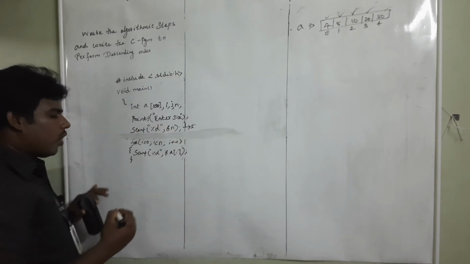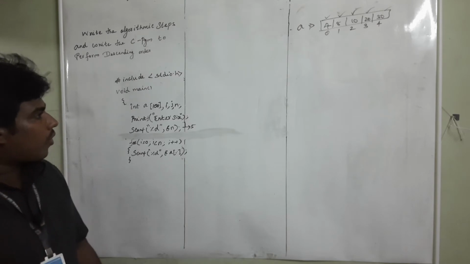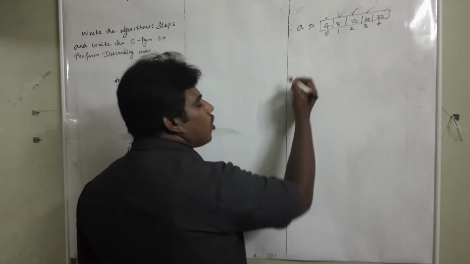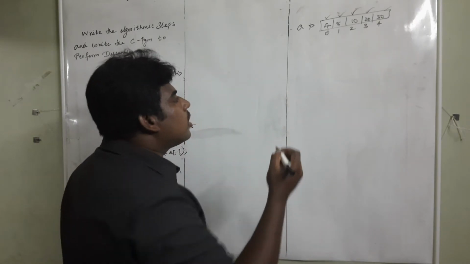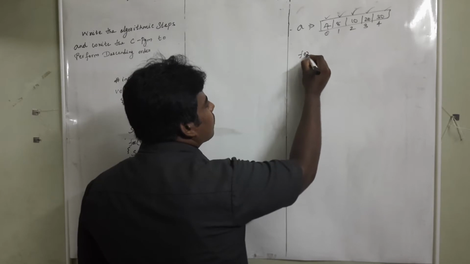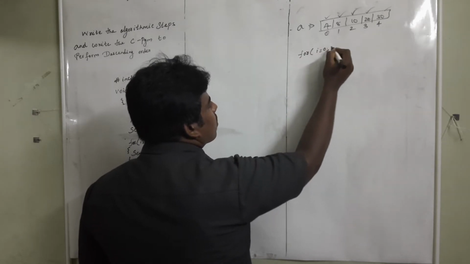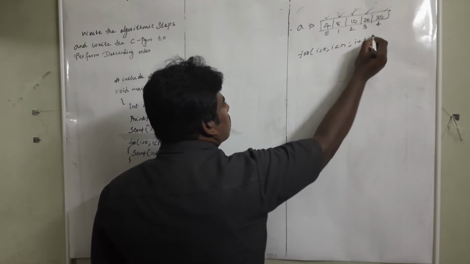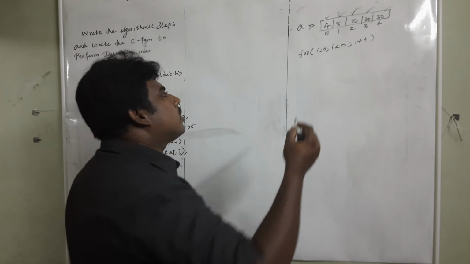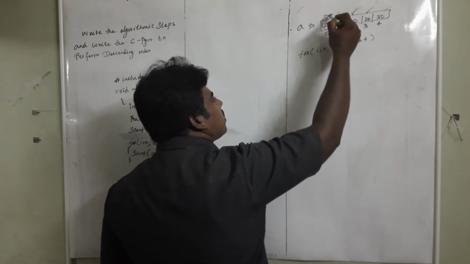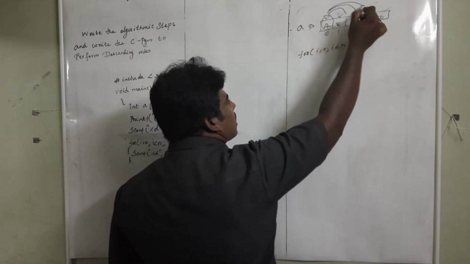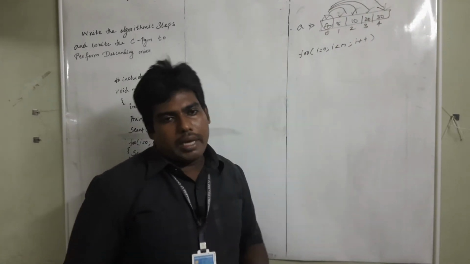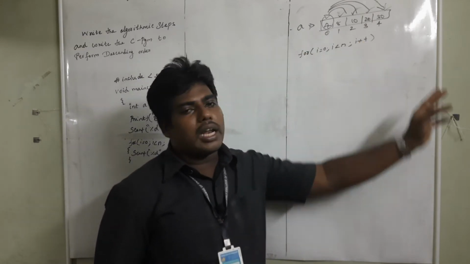Okay. Now you are going to perform a logic. Now I will explain the logic. I am going to take 2 loops. Okay, nested loops. I already explained nested for loop, right? I am going to use a nested for loop. For I equal to 0, I less than n, I plus plus. Why am I taking this loop? I want to compare this position with here, here, here and here. All of you understood? I am taking the first element and comparing with all the elements in the array.